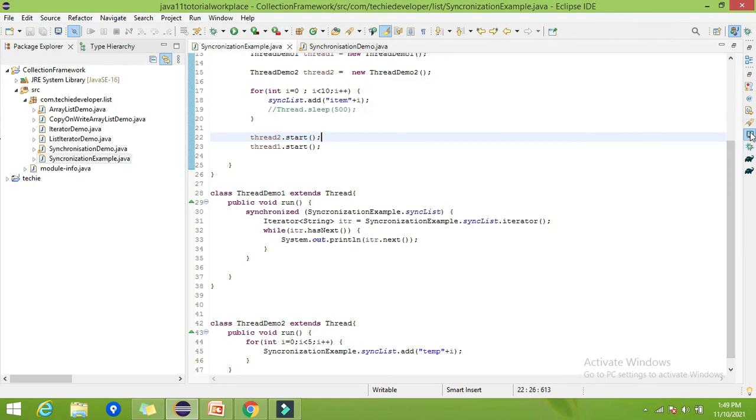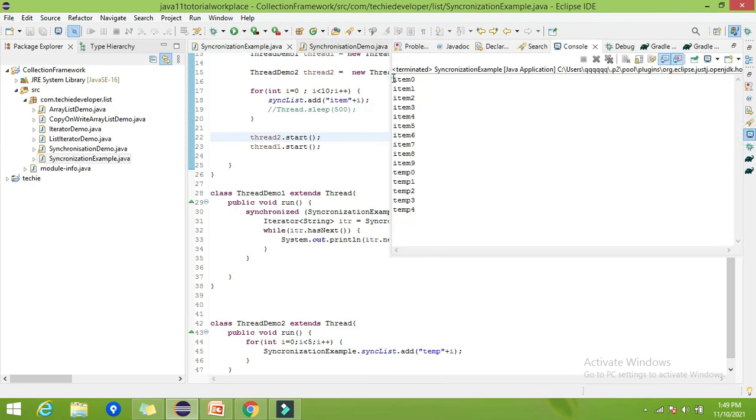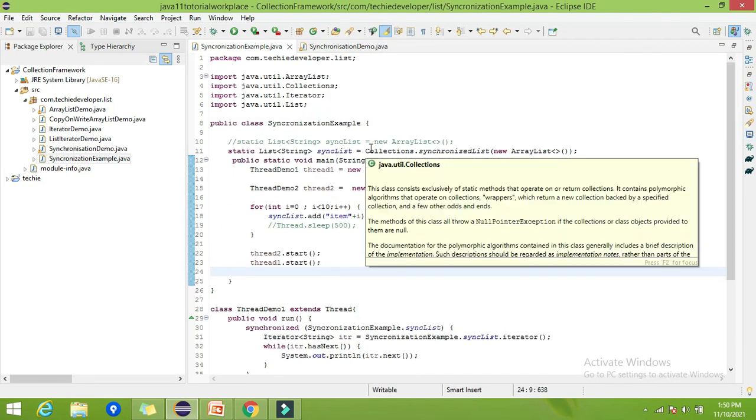So here you can find we are getting 0 to 9 and from temp 0 to temp 4, but we are not getting any ConcurrentModificationException. So that is the benefit of our synchronization concept. That is all about how to convert a non-synchronized list into a synchronized one.